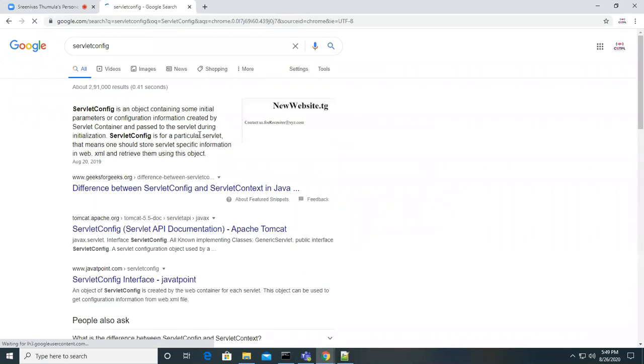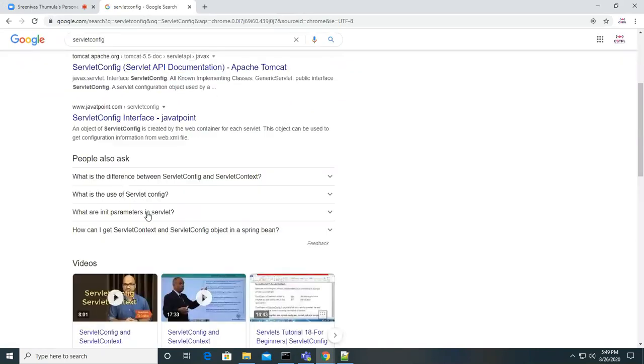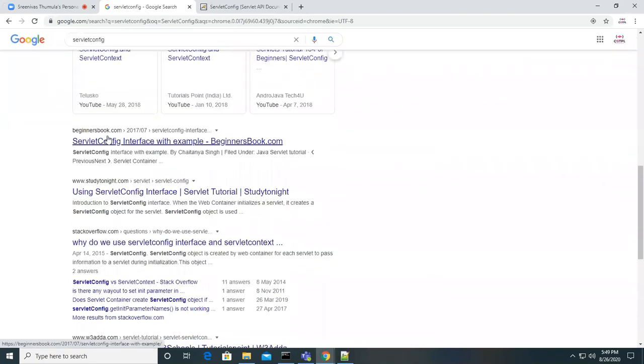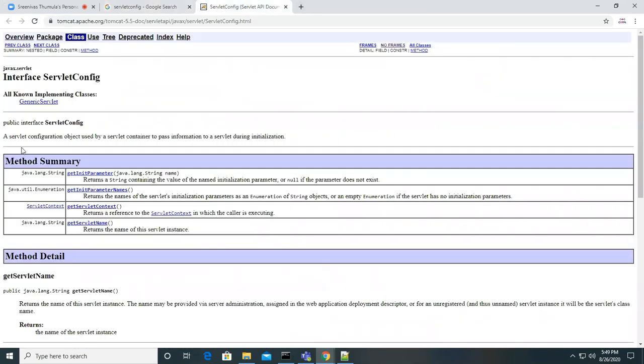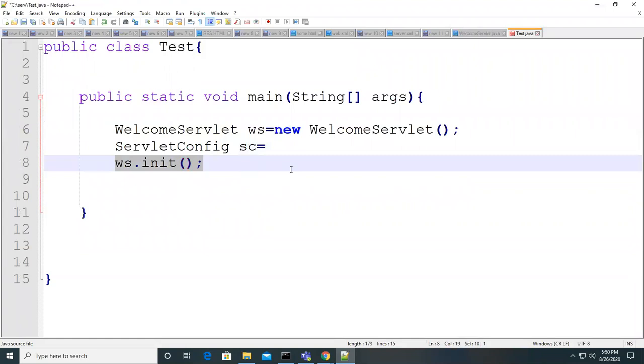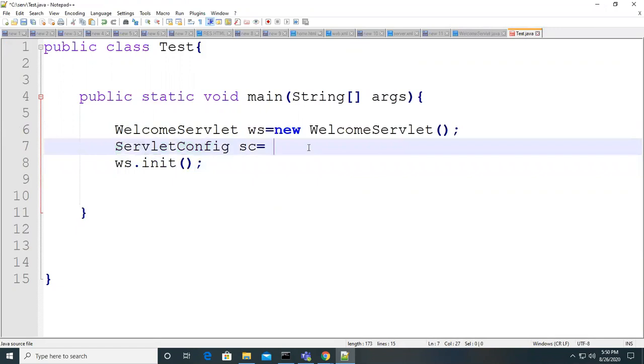If you want to check, this is the servlet API. Here also you can look into that. Let's go to ServletConfig. Is it an interface or a class? Yesterday I showed you as well, right? In the documentation, it is an interface. So now my requirement is that I have to call this method, and to call this method I have to pass an object of this ServletConfig. Can I create an object for this ServletConfig?